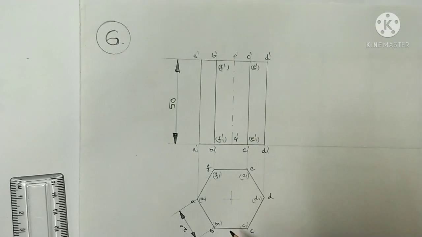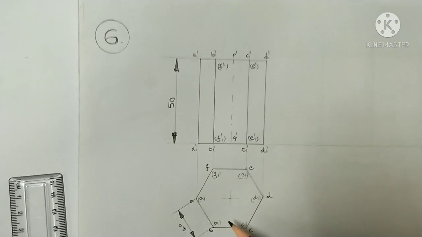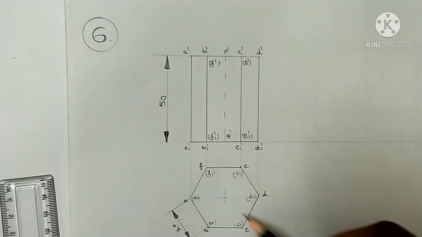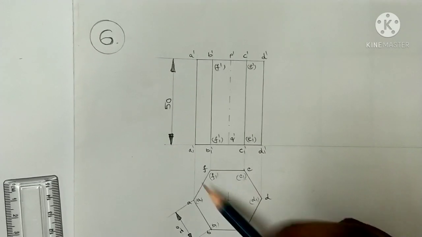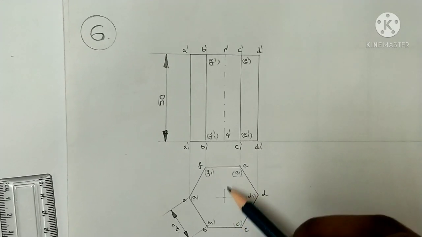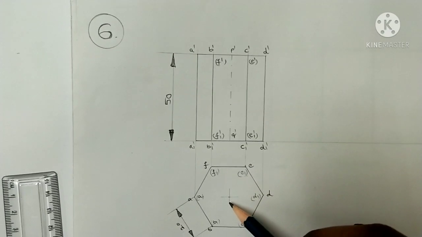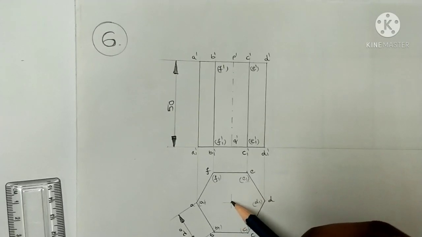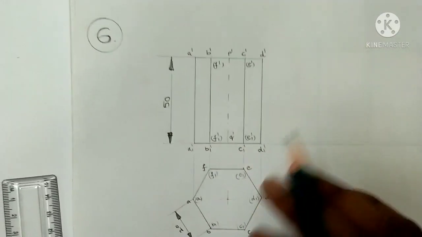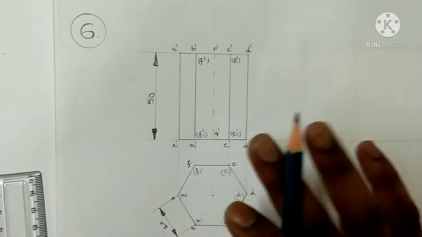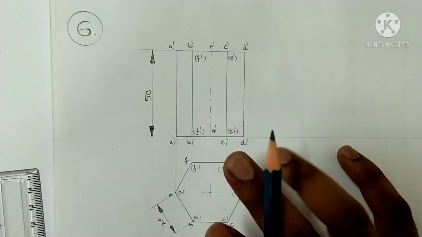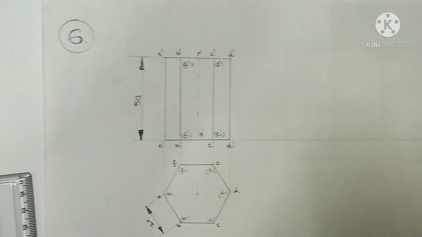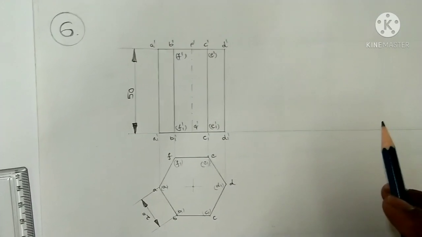For every solid we must show the axis, by connecting opposite corners. We will get the intersection of two lines, and that intersection point becomes the center of the hexagon. Then if we project this point, we will get the axis. So up to this point, that is the orthographic projections of the hexagonal prism. Next we can move to the development of the simple hexagonal prism.